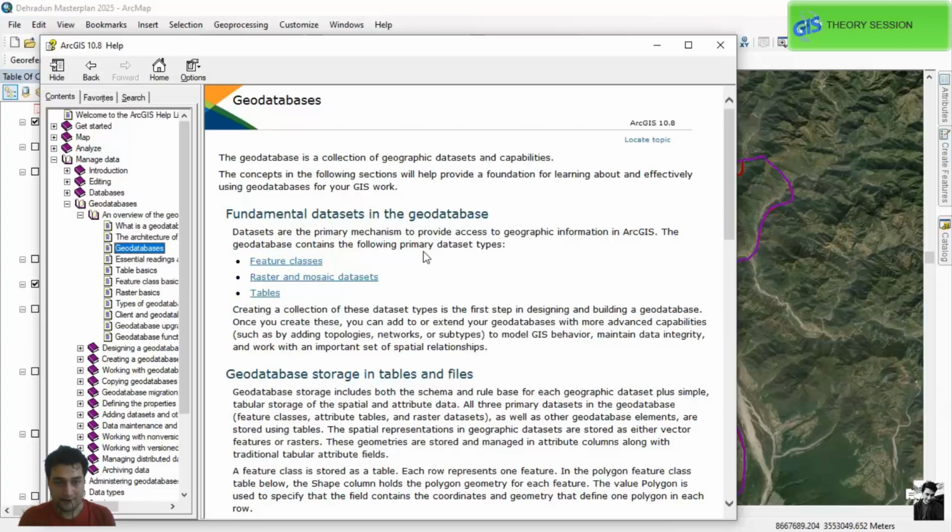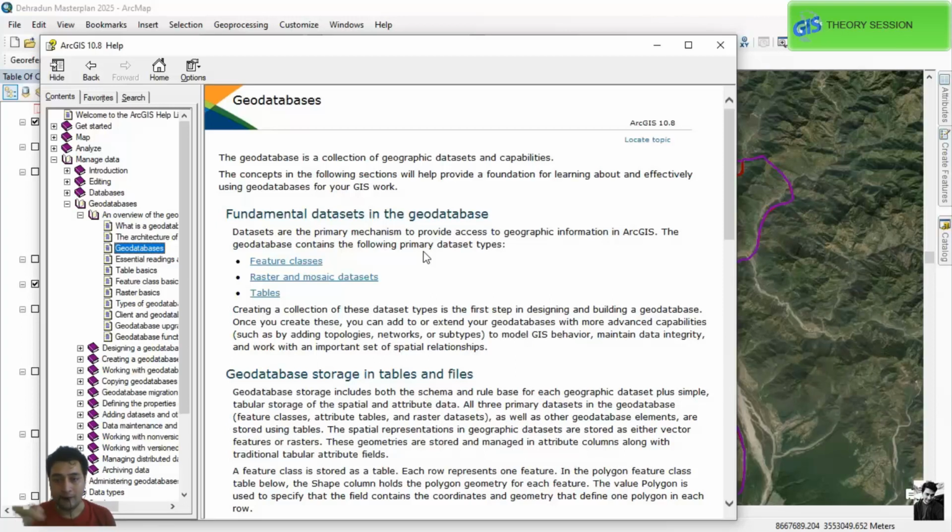To do this rasterizing, we need to learn about the geodatabase first. Then we need to learn about layers, like how to convert the database into a layer, and then we can use it to create the features and the raster we want. Those things we will learn ahead in more detail.